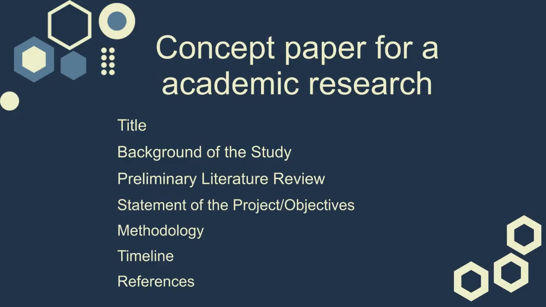Next is your preliminary literature review. Preliminary literature review refers to the initial research or background reading you do when you start the study or the project. It includes books, articles, journals, or any reliable sources that give you an early understanding of your topic. Your preliminary literature is the first set of information you read to learn more about your topic and helps you plan your project or research.